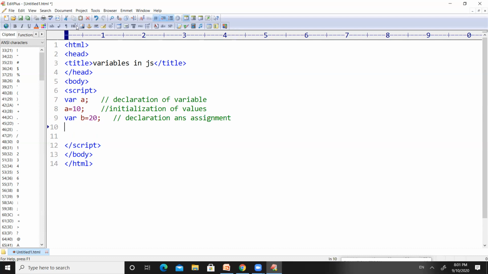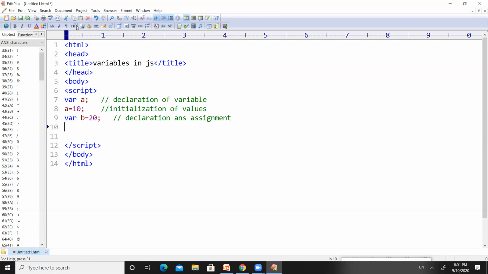Now, let us have a look at how to print something on the output screen by using scripting language, by using JavaScript. So we all are familiar with printf in C, where printf is used to print something on the output screen, and then we use cout in C++ in order to print on the output screen. And in Java, we have used System.out.println.